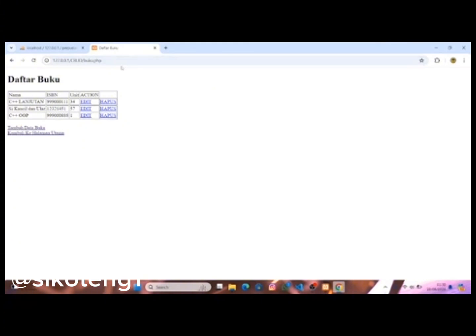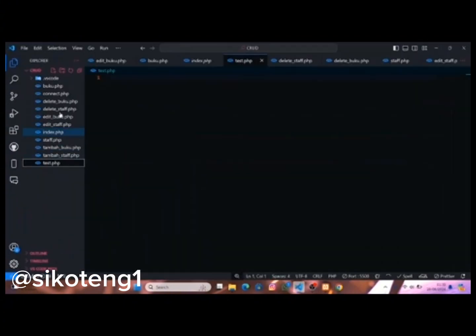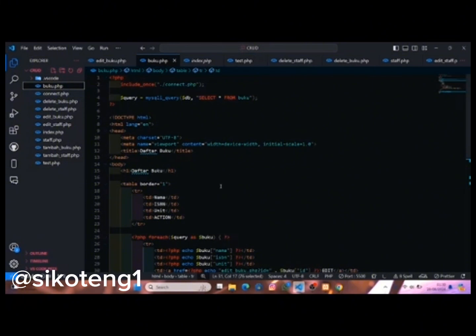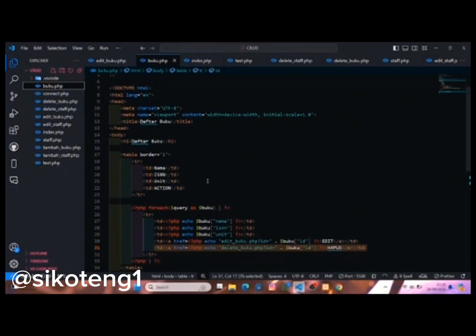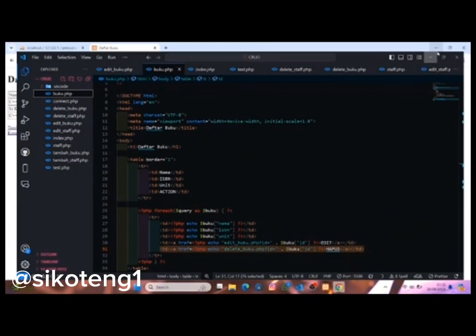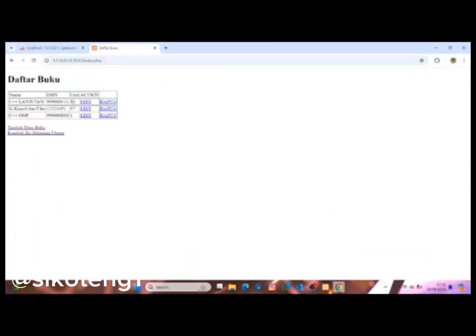And then after that is update. CRU, U stands for update. What is the meaning of update? Okay, you can see here, this is buku.php. We don't want to add a book to our database, but we want to edit a book in the database.